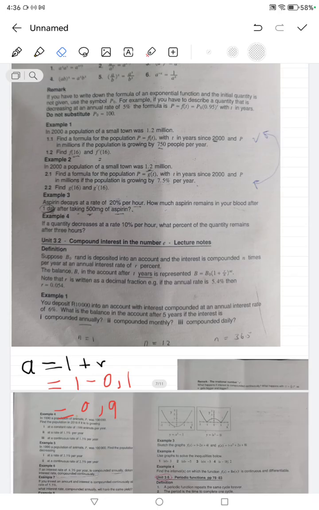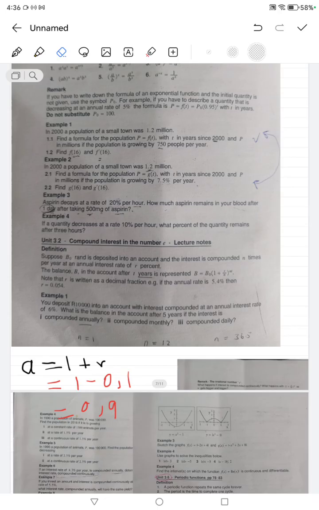Okay, they say suppose B0 is the amount deposited into an account and the interest is compounded n times. Basically, your n is the number of times, then your t is the number of years, and your B0 you can say is your initial quantity. Then now they just straight up ask you the questions, okay, what would be the amount in your account